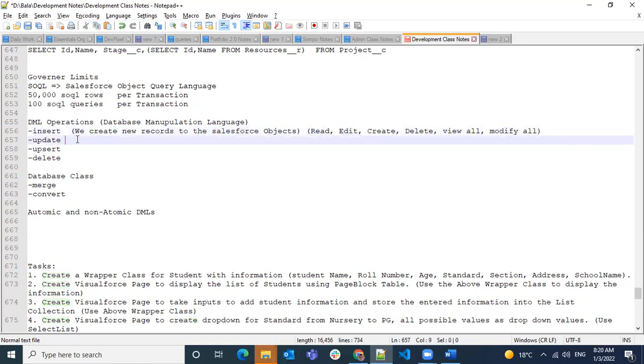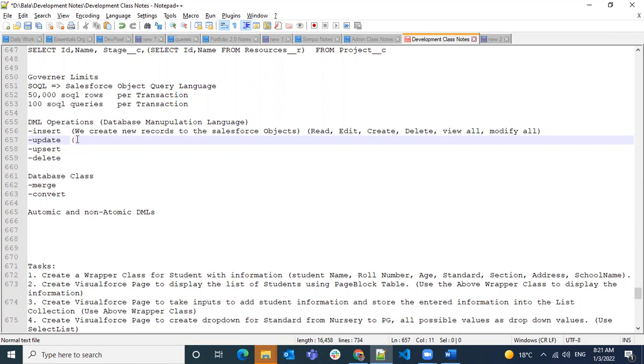Okay, so what does update do? Update will not create a new record, but it will modify. Let's say you have one record with some fields and you want to change some fields on the same record without creating a new record. That is called an update.